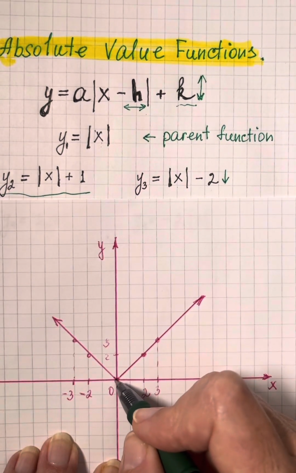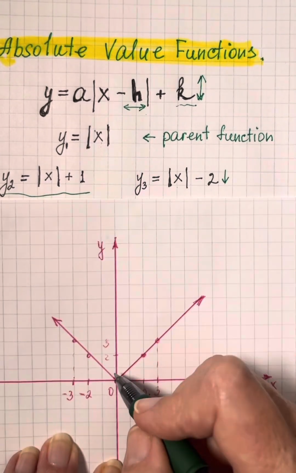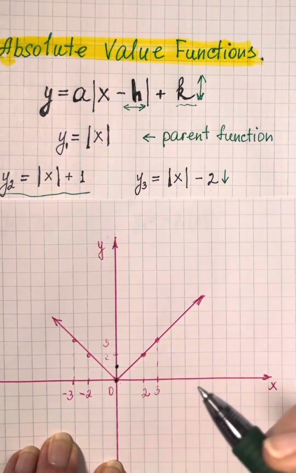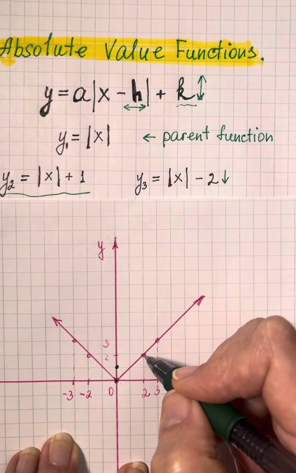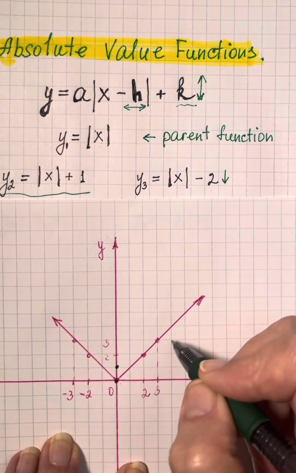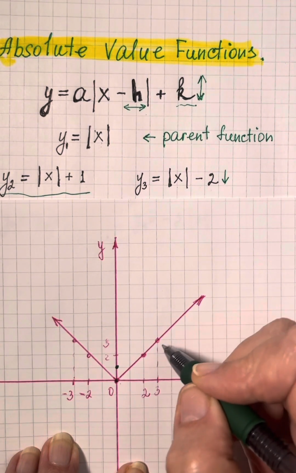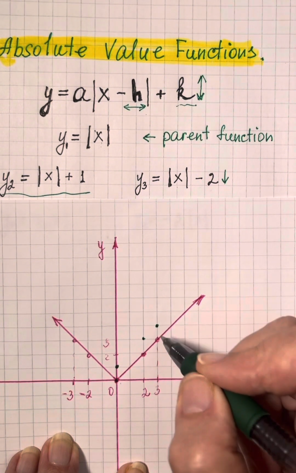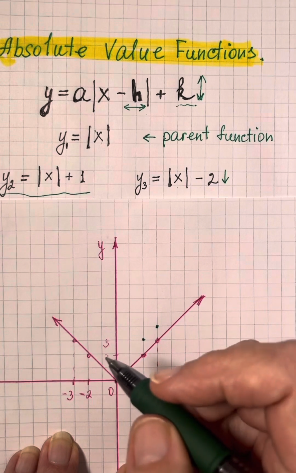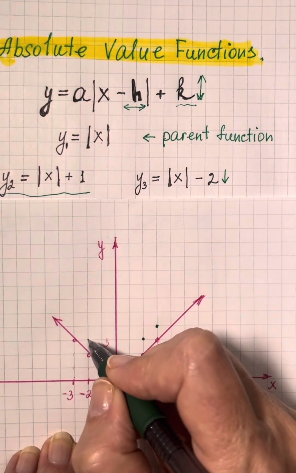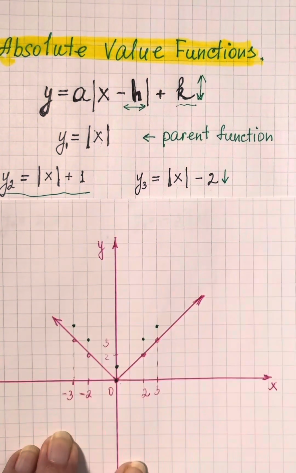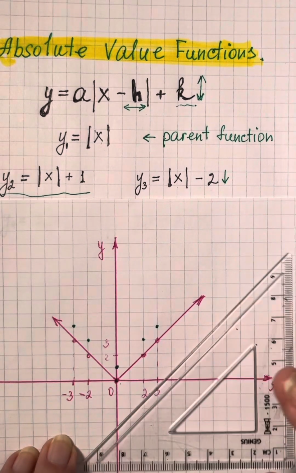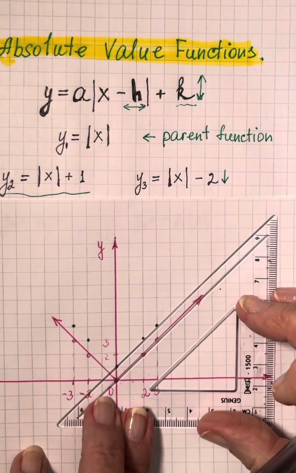So if I have that first point here, of course 0 plus 1, that would be the first point. And each point on the graph of the parent function will be shifted up by 1 unit. So I'm going to do the same here. When we connect all these dots,